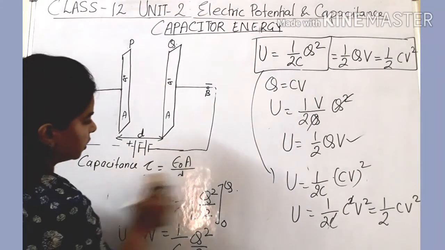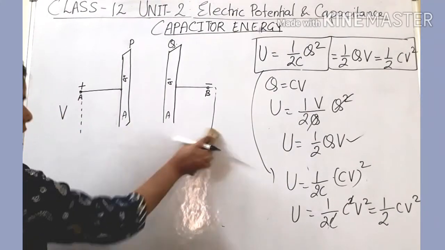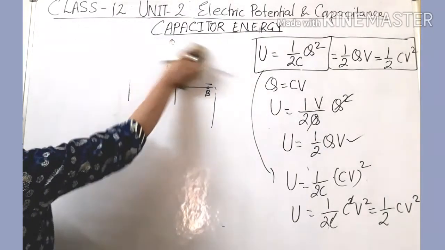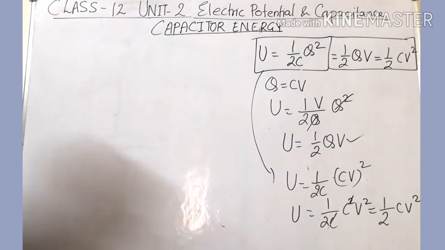Why do we need to calculate the energy density term here in this topic? Because when we discuss the topic of Maxwell equations and electromagnetic waves, we have to consider 2 cases that depend only on the elementary terms related to electric field and magnetic field. So one term, energy density, comes only in the form of electric field and the property of permittivity of free space, and similarly magnetic energy comes in the form of the magnetic field and one more constant term that I will introduce later on, and that is called permeability.